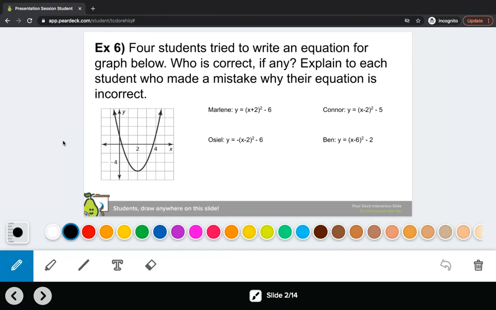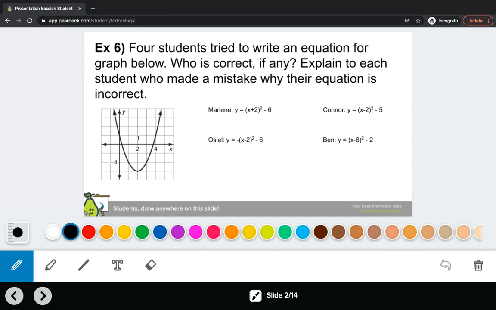So we're going to start off by looking at this problem. 4 students try to write an equation for the graph below. Who is correct, if any? Explain to each student who made a mistake why their equation is incorrect. So really quickly, what I'm going to do